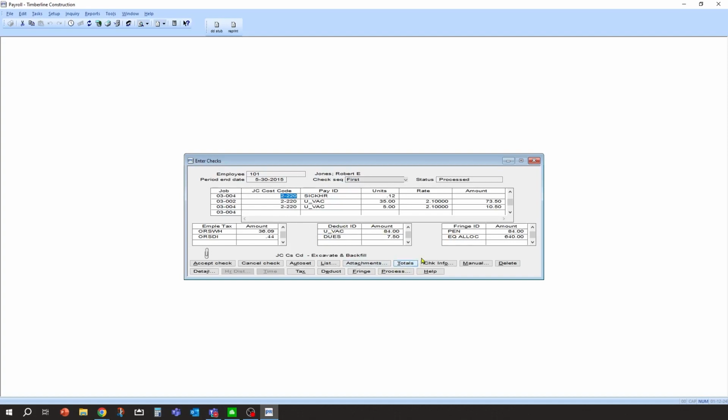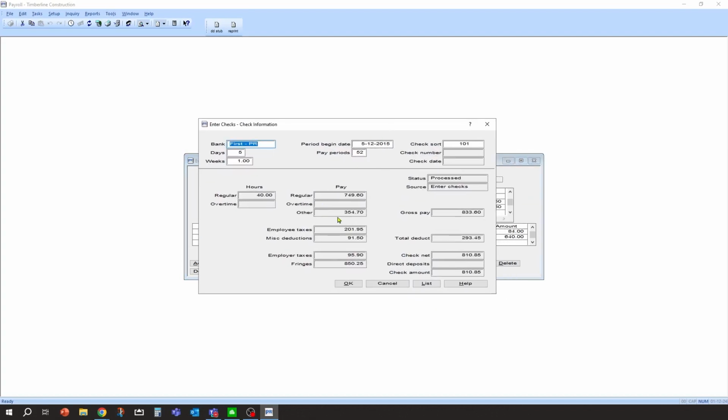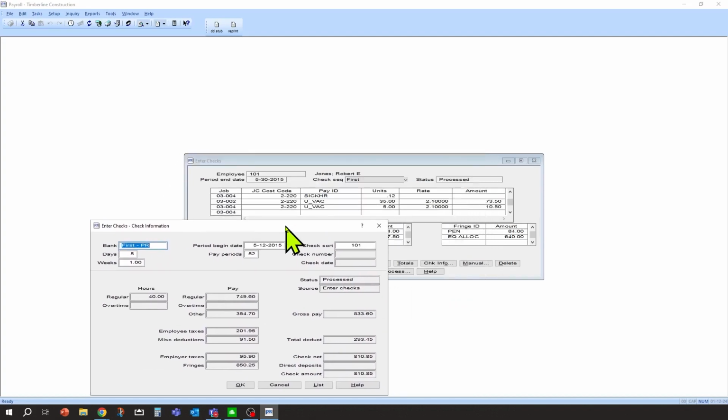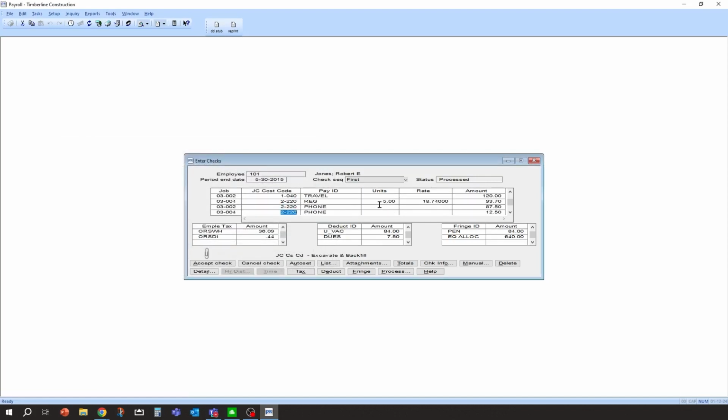So at that point, I would go through and accept my check and I would print my checks out. And what you'll notice here, if we go over to the check information button, I just went down here and looked at check information, you'll notice the gross pay is going to be the $833, and that is only going to include the 40 hours at, what were we here? 18.74.